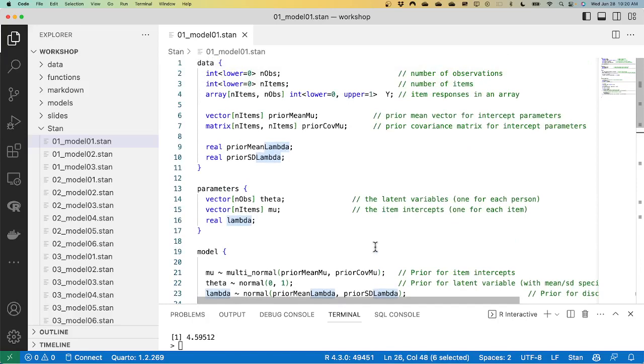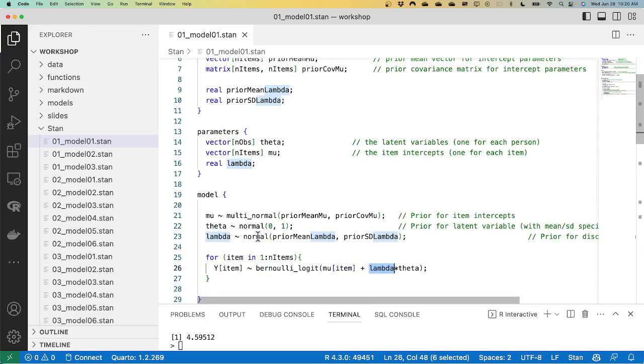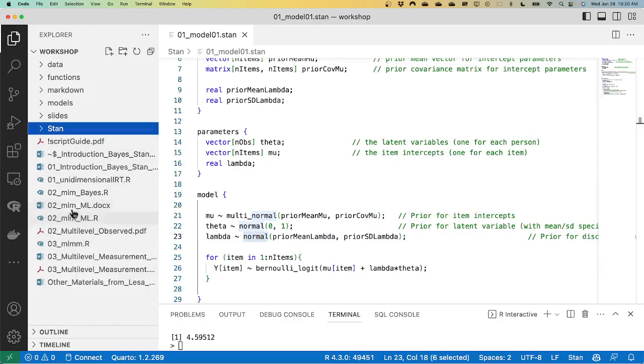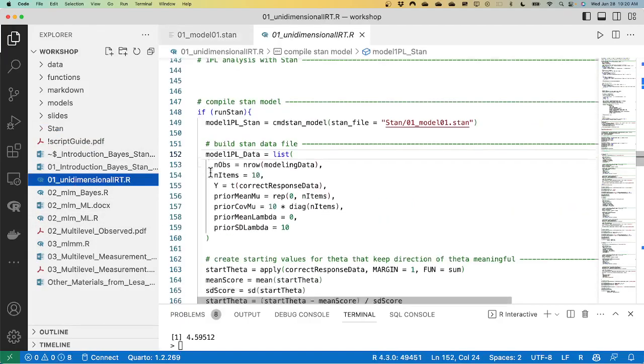Okay, we have everything else mostly the same. Again, the prior for lambda is just one because there's one of it. It's just the normal distribution, so I don't have a vector of other observations. So here, if I go to that unidimensional R model,